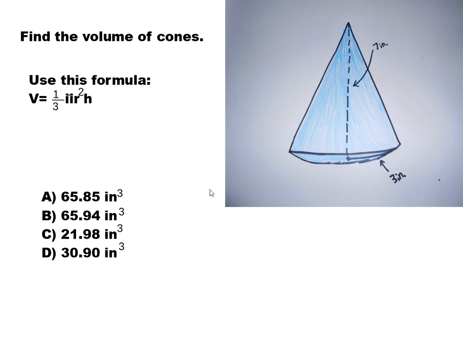So here's the example that you can solve. See how many seconds you can solve it. Find the volume of cones. Use this formula again. So remember, pi is 3.14, and the radius is here at the bottom, 3 inches, and the height is 7 inches. So we're gonna do 1/3 times 3.14, and the radius is 3 squared, so let's